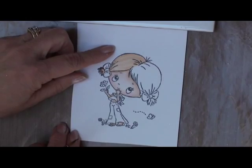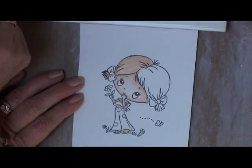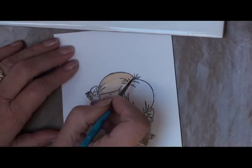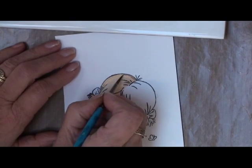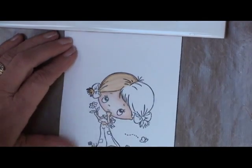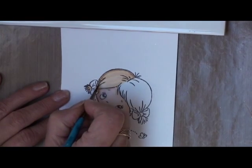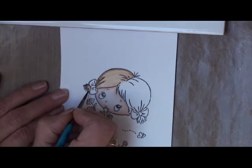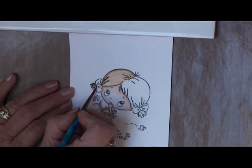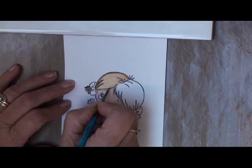So I'm still working on this left hand side of the hair, and I've watered down some walnut stain. This is going to make the shadows in her hair. So the first thing we do is go around the outside of the hairline, and then if you look at your stamps, wherever the artist has put a line in, that really indicates where the shadow will be. So just follow those lines down, and I've also come into the bottom part. Now under the ribbon would be shaded, so I'm going to just work my way around the hairline